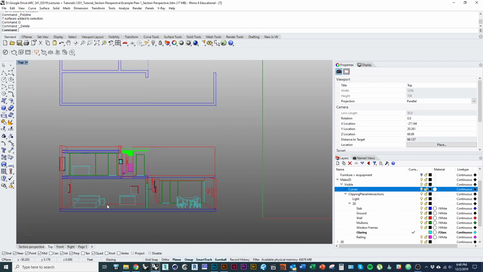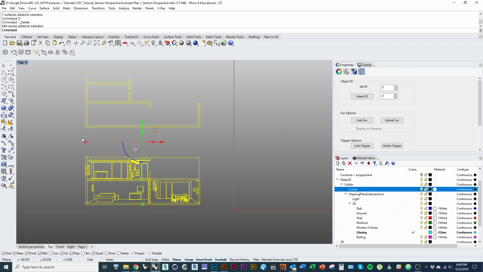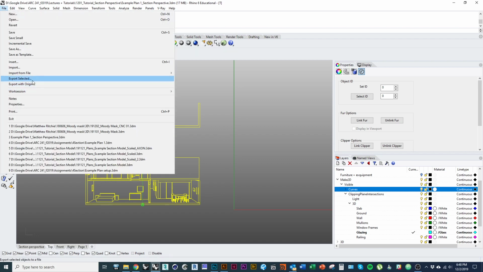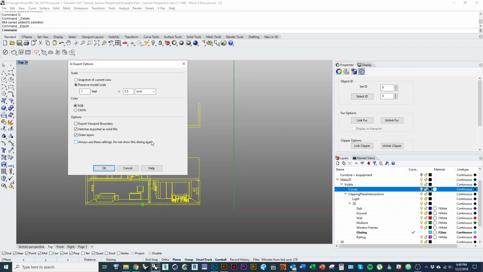We're only going to use basically 2 line weights for this. It doesn't matter a whole lot because we're just overlaying it on a rendering. We're not going to spend a ton of time trying to line weight this. We're just going to take these 2 separate layers of information. I'll select both sets of lines here, go to File, Export Selected, call this my section, save it,